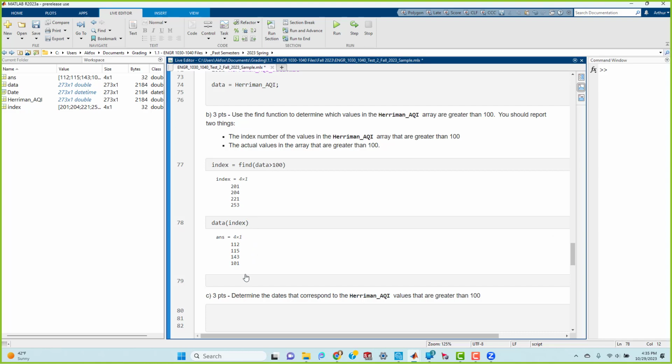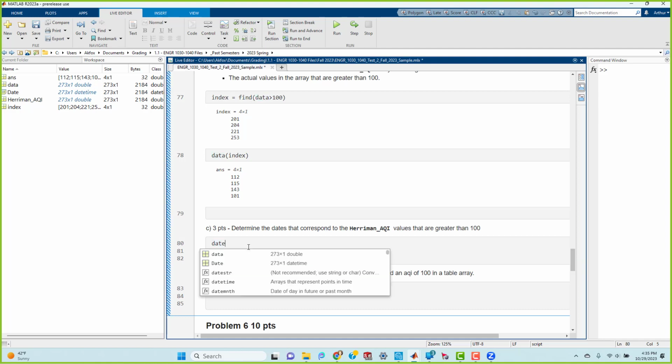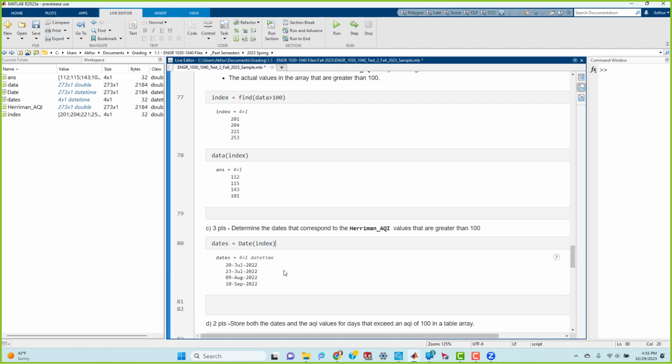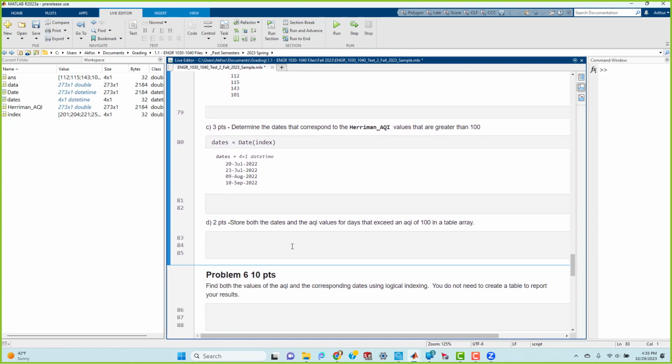So that's how you use the find index. And then determine the dates. Well, that's easy. Dates is equal to date, and again, the same index. So, I mean, this literally gives you the date. Day, month, year, everything. And then store both the date and the AQI values for the dates that exceed AQI